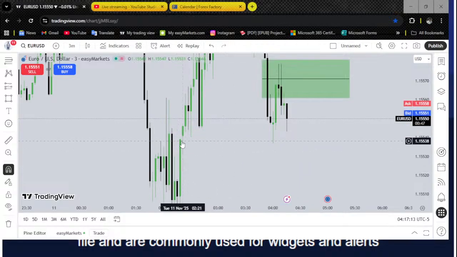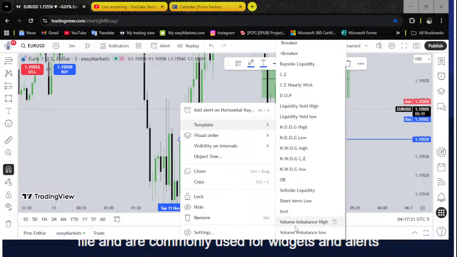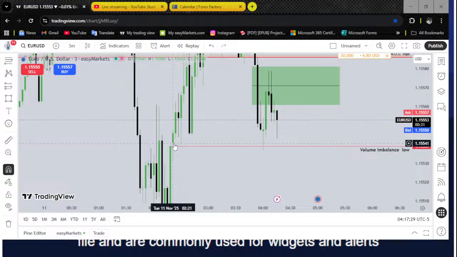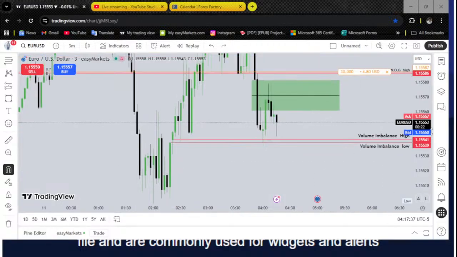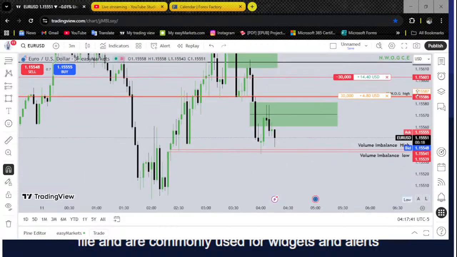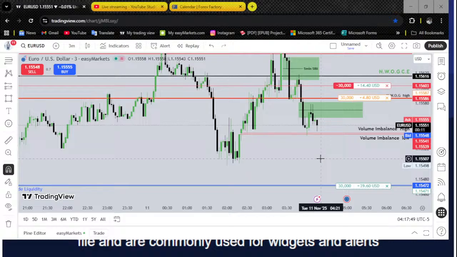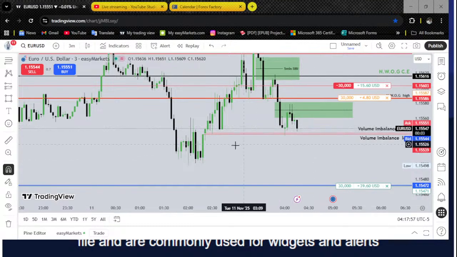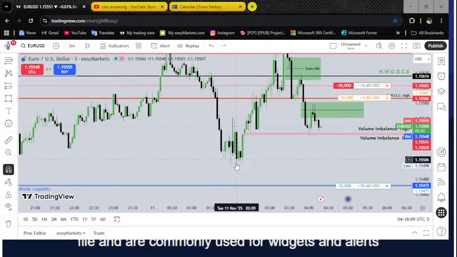This volume imbalance. That's the low of that volume imbalance. The high of that volume imbalance is here. That's the low and the high of that volume imbalance. So I expect this volume imbalance to be used as a bearish PDRA as well. All the PDRAs that are reading this here, I expect them to support the market to go down towards this liquidity,